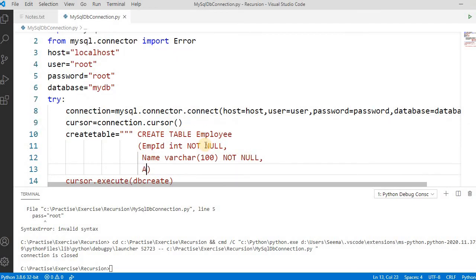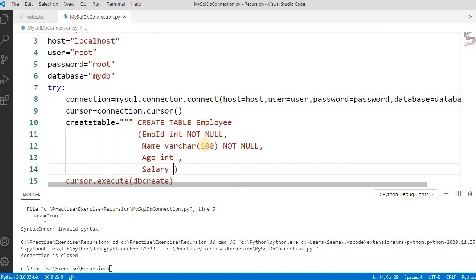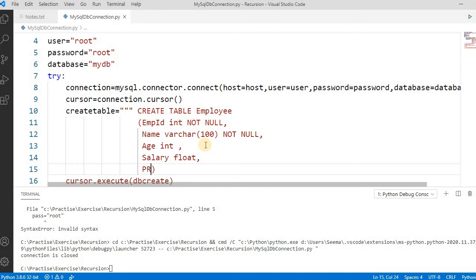Age of the employee, say it's int, and their salary. Okay, salary is a float. Simple. The table must have one primary key. Let's create the primary key. So we say PRIMARY KEY and pass the column on which we want to create it, so employee ID. Simple, it's done. So this is a simple command for creating the table.